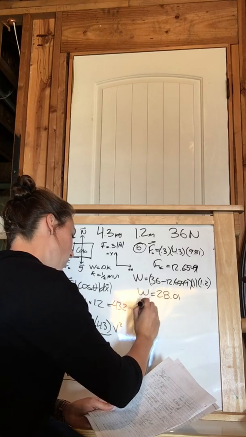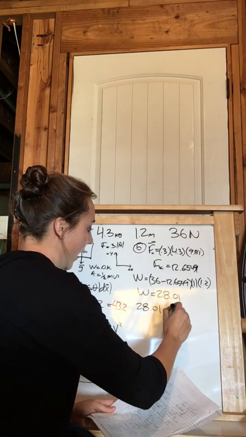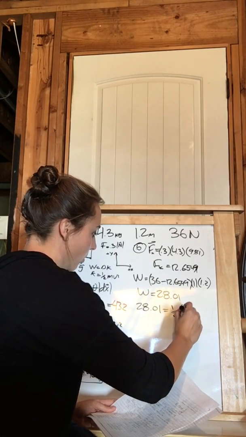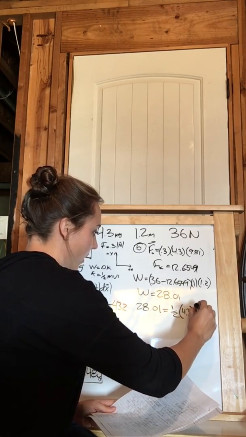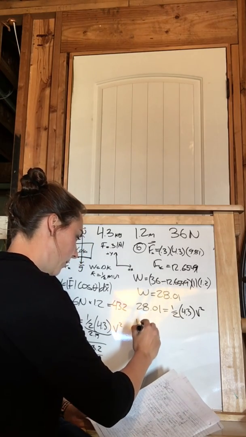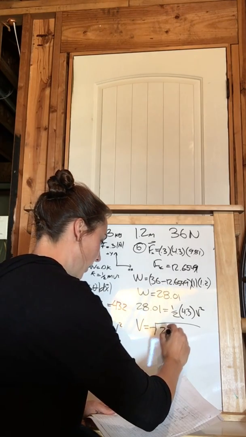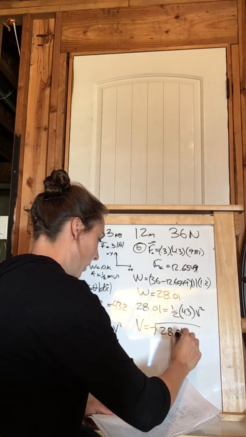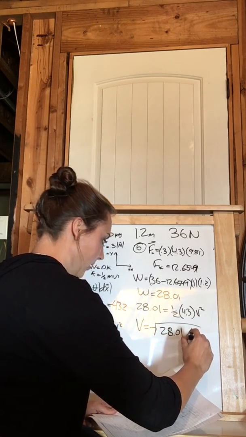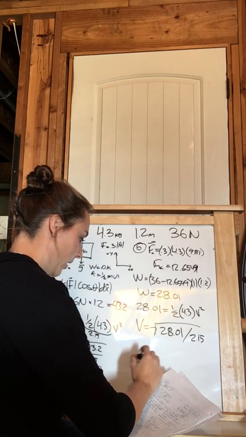Set that equal to 1/2 mass times velocity squared. We're going to end up with v equals the square root of 28.01 divided by 2.15 equals